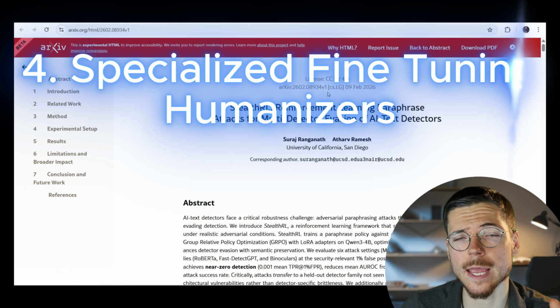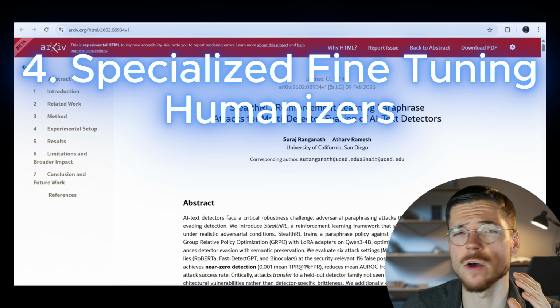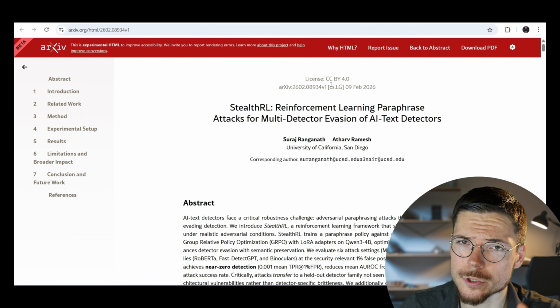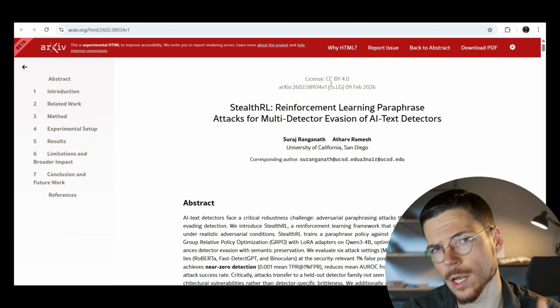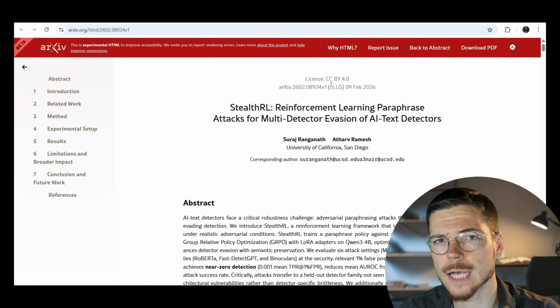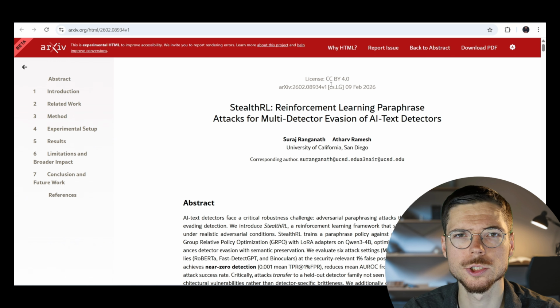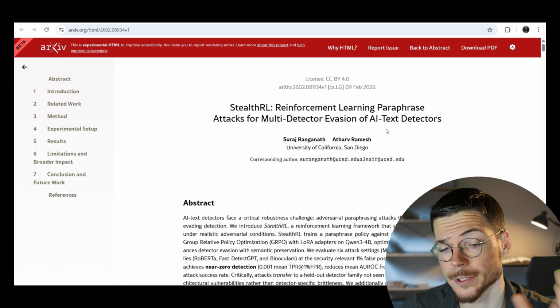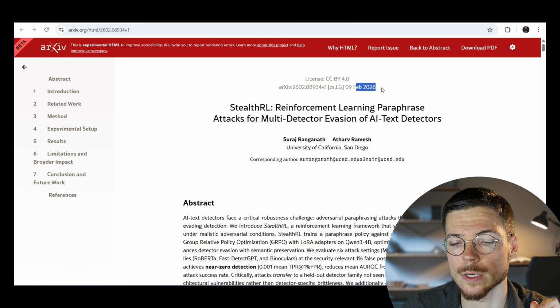The latest type of AI humanizers is actually a bit of a mix of all of these techniques, but really focused, with multiple models behind the hood that try to focus the output to make it more efficient. One of the latest techniques I found in the literature, for example here in February 2026, is